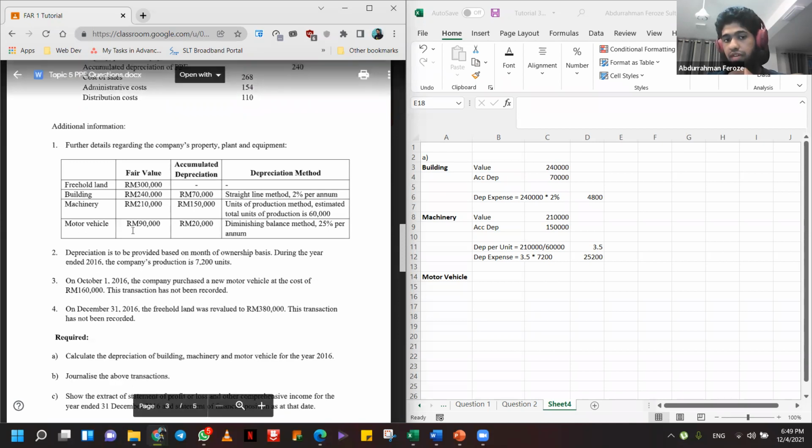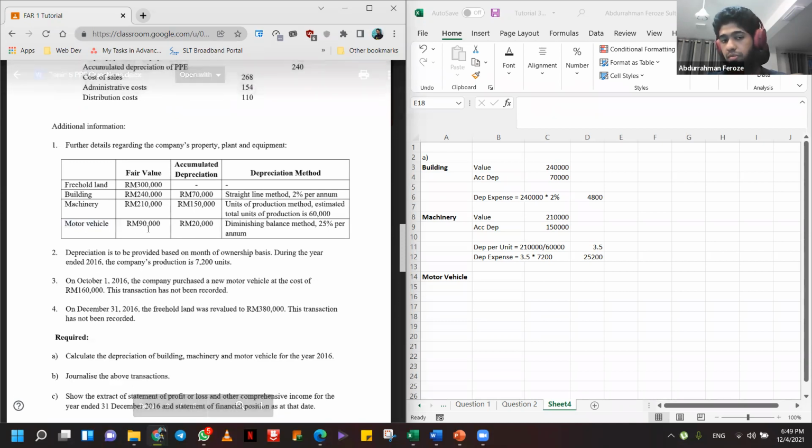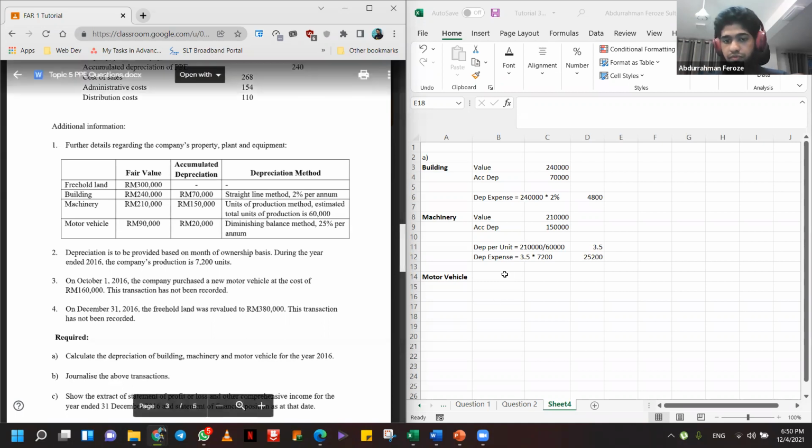For the first vehicle, we will have to depreciate for the whole year. But for the second vehicle, bought in October, we will have to depreciate only for 3 months: October, November, and December. So for vehicle one,